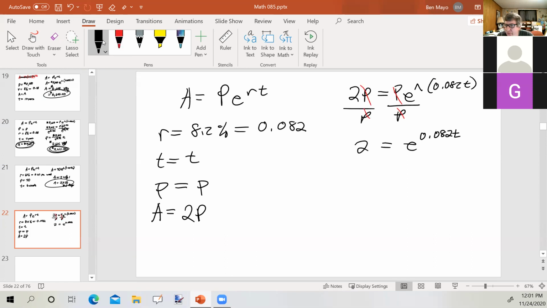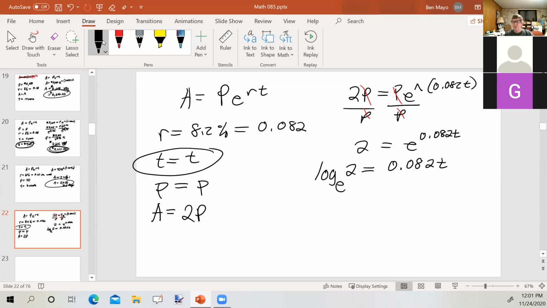Yes. So now we're solving for t, but where is t? It's an exponent. How do we isolate an exponent? Logarithms. So this exponential equation is going to become log base e of 2 equals 0.082t. Remember, we're trying to solve for the time. How long will it take for the population to double? But isn't log base e just ln, natural log? So the natural log of 2 is